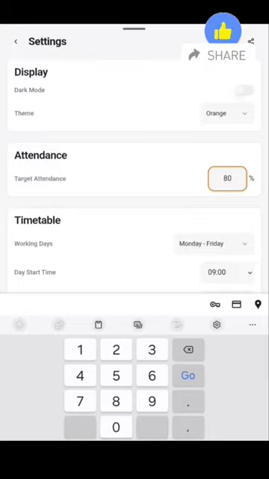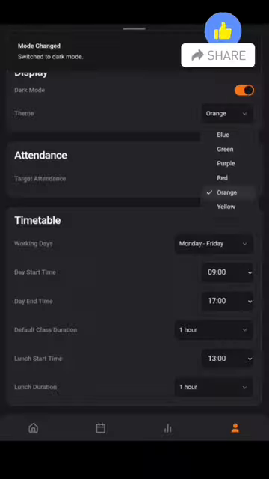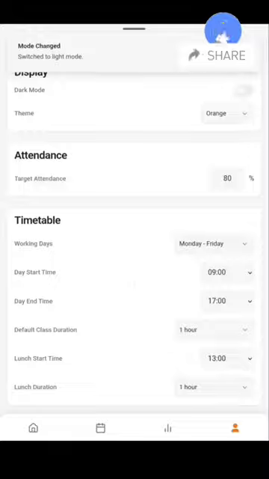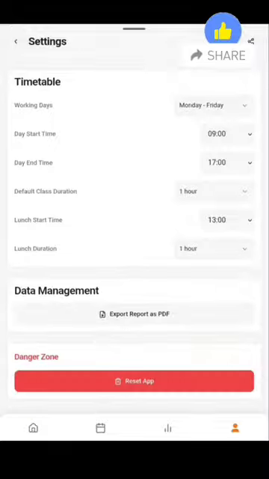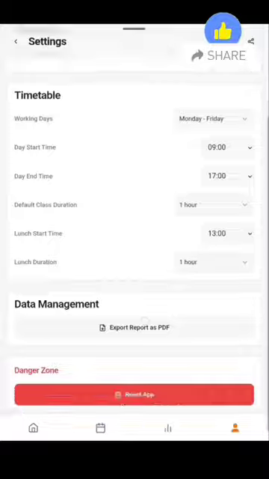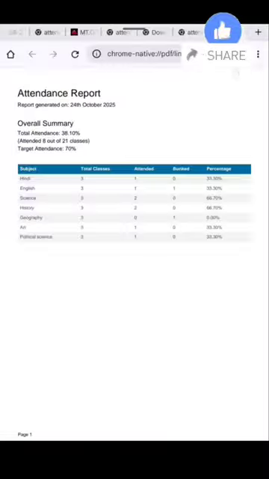Most importantly, if you want to download your report card, it will include your total attendance, target attendance, and subject-wise attendance details. This downloadable PDF report can be shared with your parents, friends, or teachers, allowing them to review your academic performance. Lastly, if you wish to delete all your data from the app, go to the Danger Zone